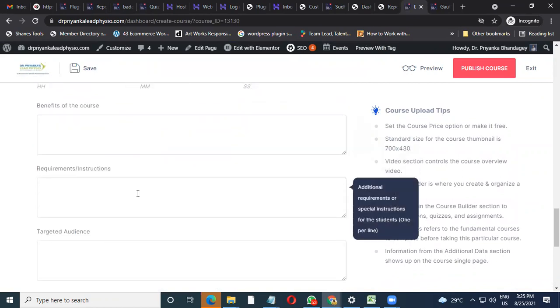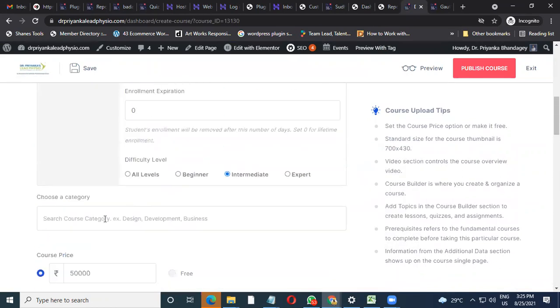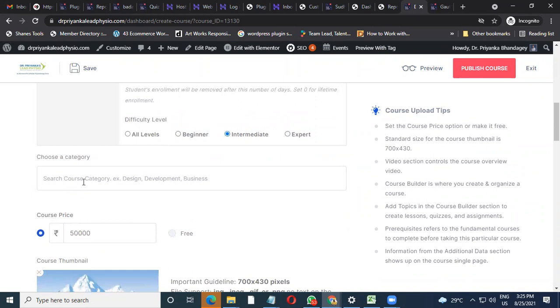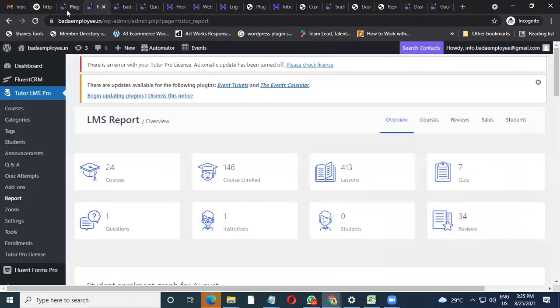So this is an area where they ask you to add a course category and so on. From here you can't add anything, and that's the reason you need to go into your dashboard. In your dashboard, there's something called categories and tags. Whatever tags and category you are into, this could be a niche.